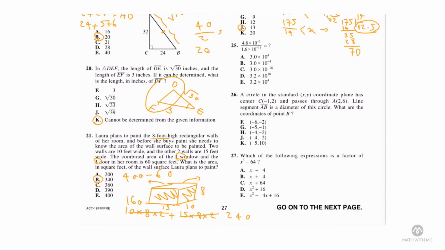Number 25. What's the answer to this question? Alright, so basically 4.8 times 10 to the power of minus 7 over 1.6 times 10 to the power of minus 11. Alright, so first thing I do, I divide this. 4.8 divided by 1.6. I can just look at it as 48 divided by 16 because both of them have only one decimal. Doesn't matter, right? So 48 divided by 16 is